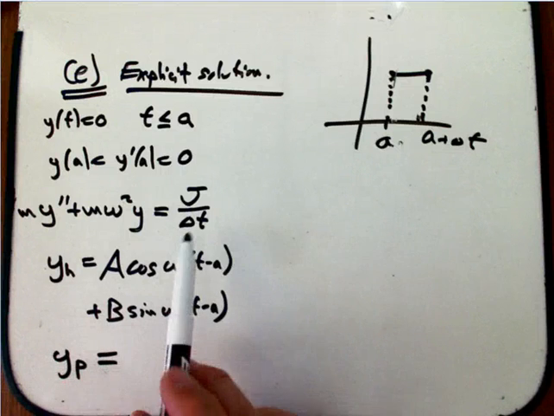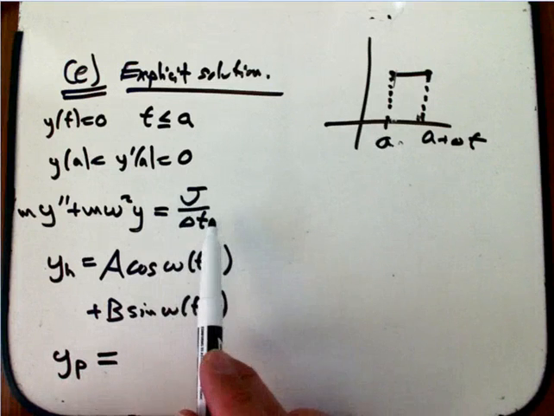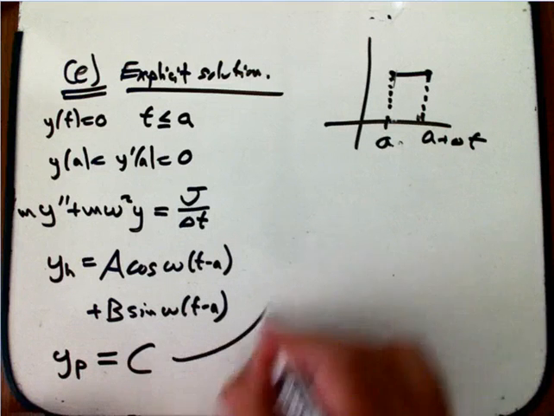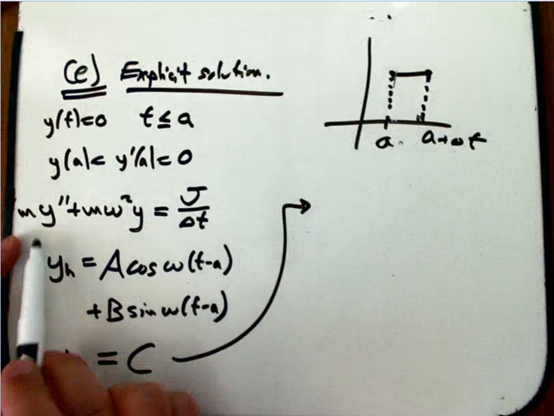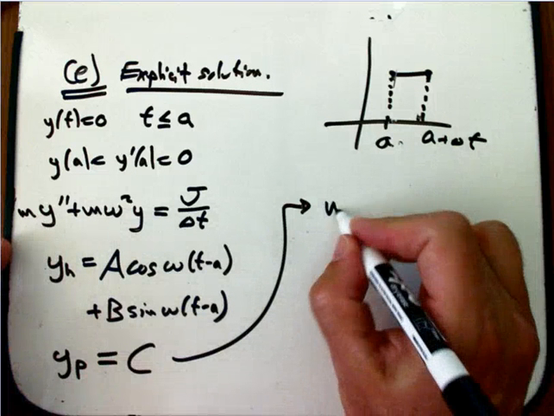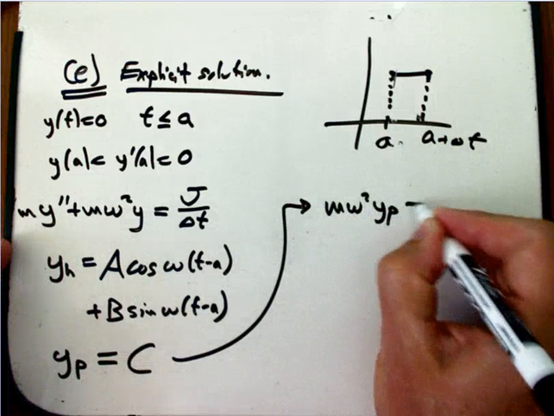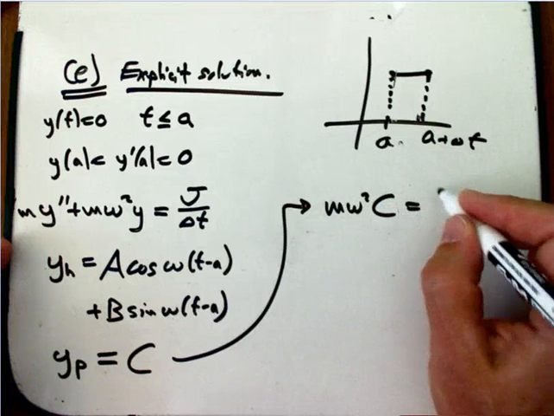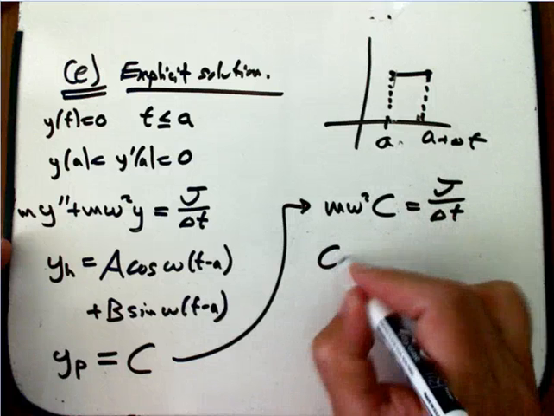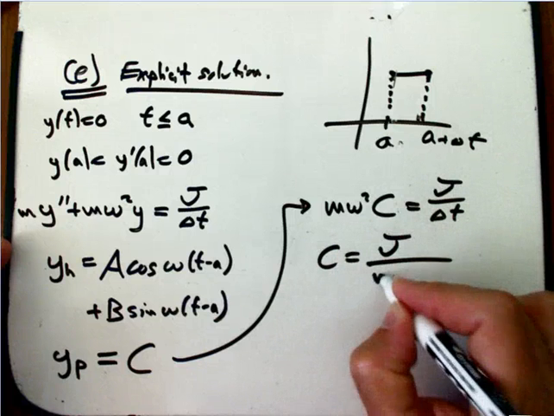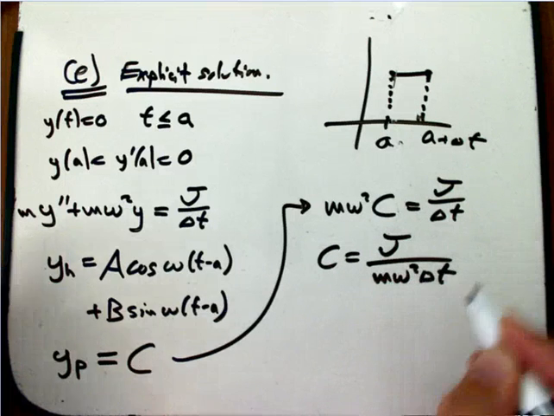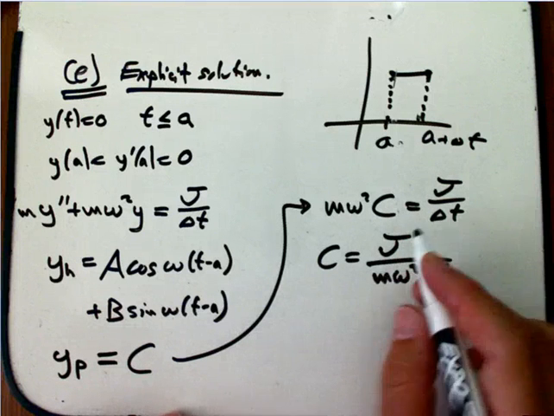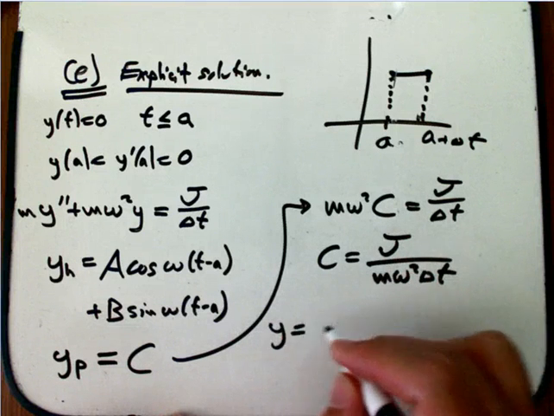This is pretty much the simplest case of undetermined coefficients. If this is just a constant, then our guess is maybe a constant works. Okay, and that's easy to plug in. You plug in y_p into here, that dies, and we get m omega squared y_p is, c, our mystery constant is j over delta t, and so c is j over m omega squared delta t. Okay, and so our full general solution, we haven't matched the initial conditions yet, is that